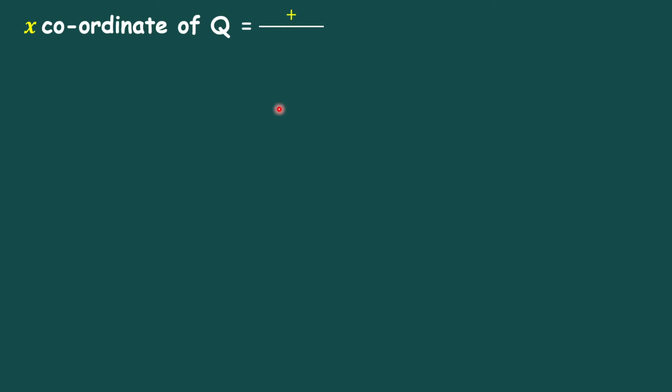The x coordinate of midpoint Q is nothing but x1 plus x2 upon 2. x1 is the x coordinate of point A, which is -14, plus x coordinate of point B, which is x2, 6 upon 2. The 14 and 6 have opposite sign, therefore we take subtraction. 14 is greater, therefore give the sign of 14. 14 minus 6 is 8. Therefore minus 8 upon 2. Dividing by 2 we will get x coordinate of point Q is equal to -4.